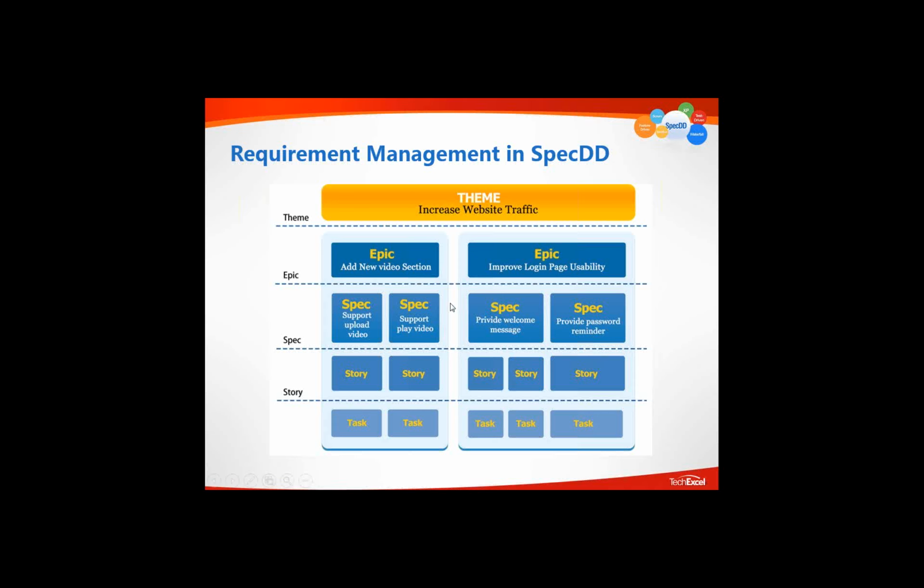Let's summarize how the requirement theme, epic, spec, story, and task are organized so that requirements get represented. So a requirement space is a tree. Epic and spec are the stem and the branch of the tree. Then the question is, if a requirement is a tree, and spec is just the branch or the stem, and epic, then without a leaf, how can you have a live tree?